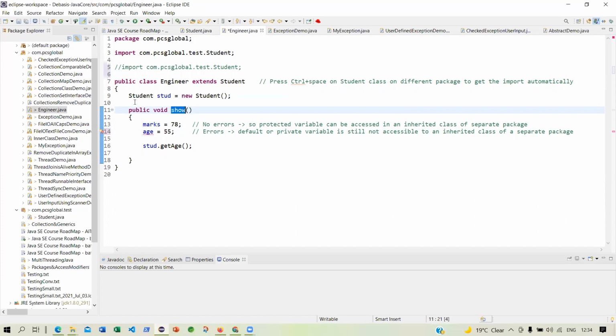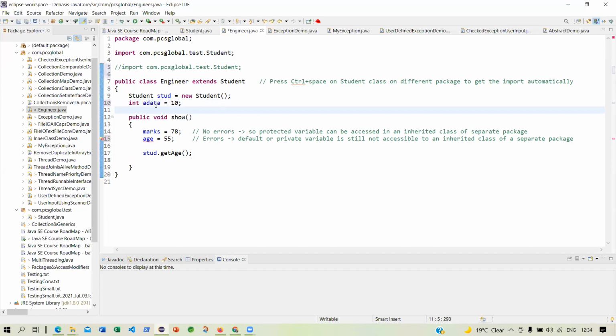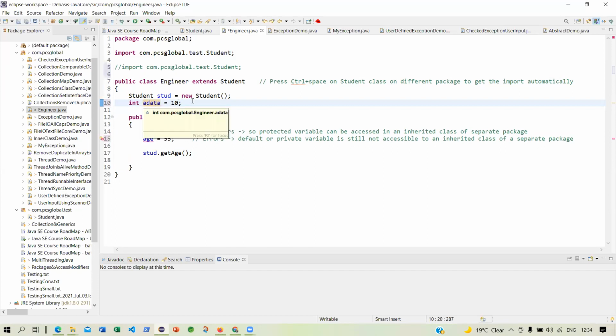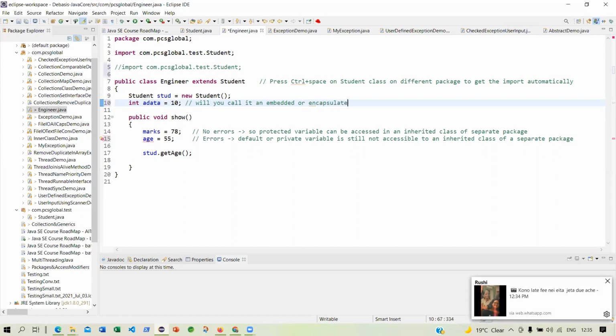Even if I have data, like I could have declared an instance variable called int a equal to some value. Now this is an instance variable, and it has turned blue in color. But will you call it embedded or encapsulated data?